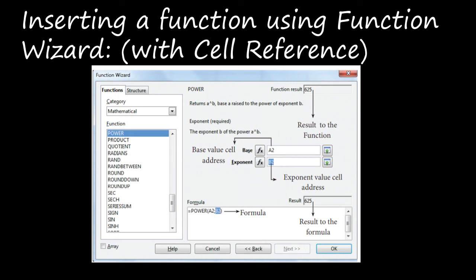Inside that box the result of the formula will be displayed, right? If the result is correct, you click OK, or else you can go back and display the previous page of the wizard, okay? That's all about inserting a function using cell references, okay?